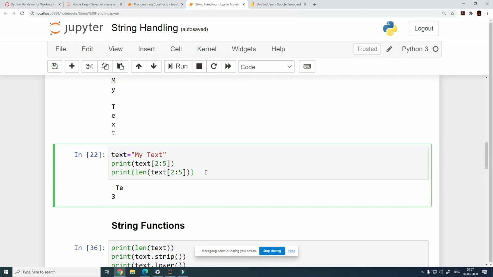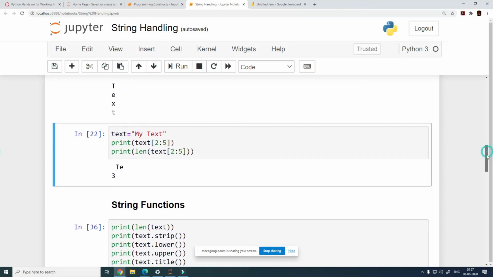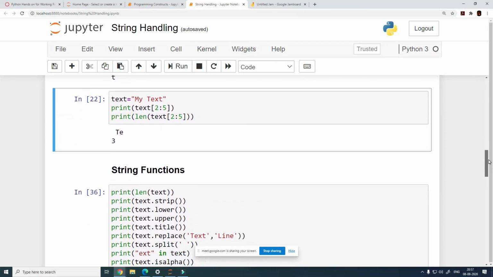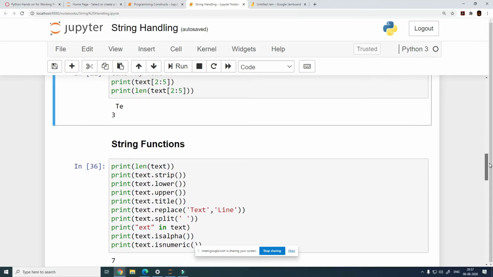Since it is starting from a non-printable character, you may get deceived. But when you look at the length, it is actually printing. Plus also when you copy this over, it is also going to copy over that space character. See, the space is also getting selected here. So this is fine.